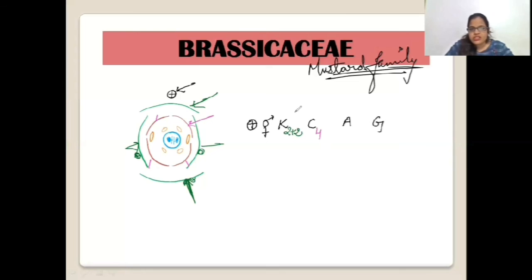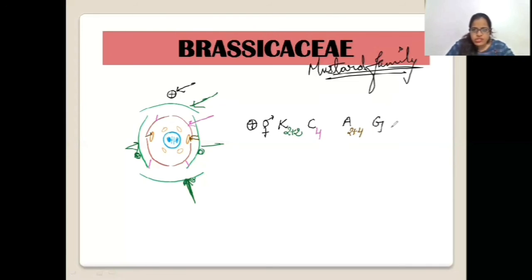Now, next is the androecium, means the number of stamens they have got, and here you can count 2 are present on the outer side. Since 2 are present on the outer side, they are unfused, and 4 on the inner side, we write it as 2 plus 4. But they are not fused with each other. Coming to the gynoecium, of course, they are fused and they have 2 carpels with superior ovary. That's all about the Brassicaceae family you have got to study.